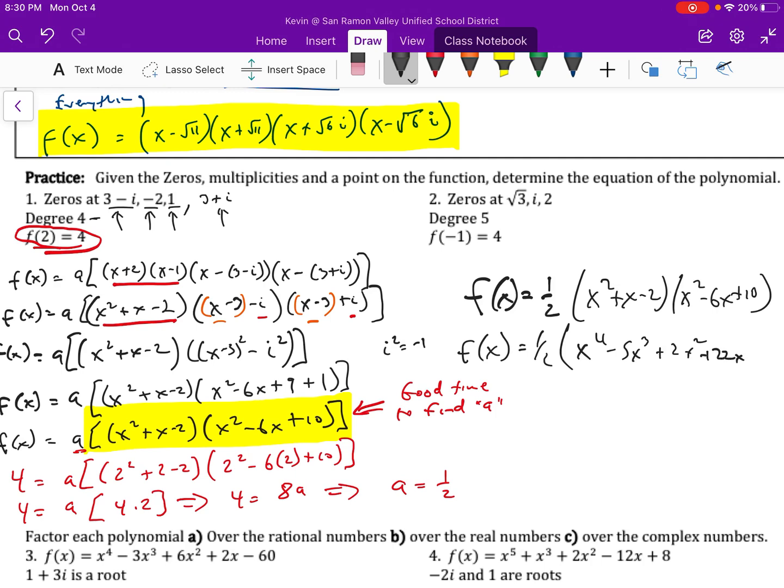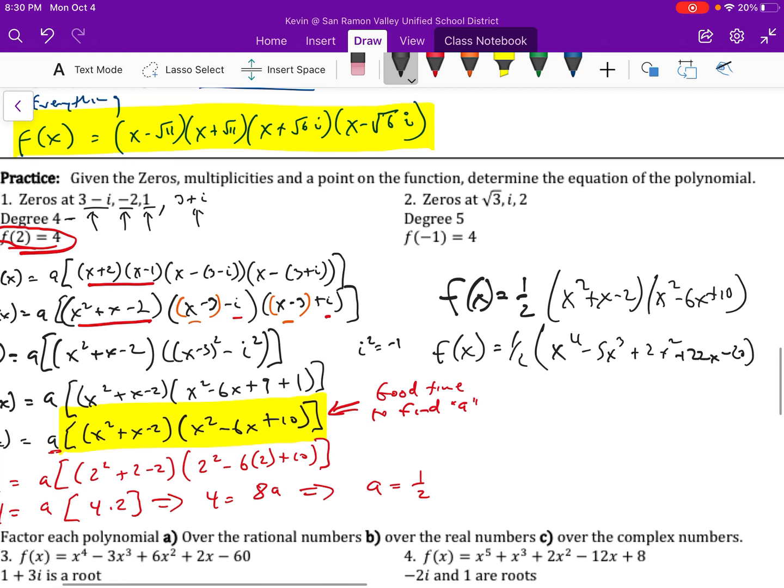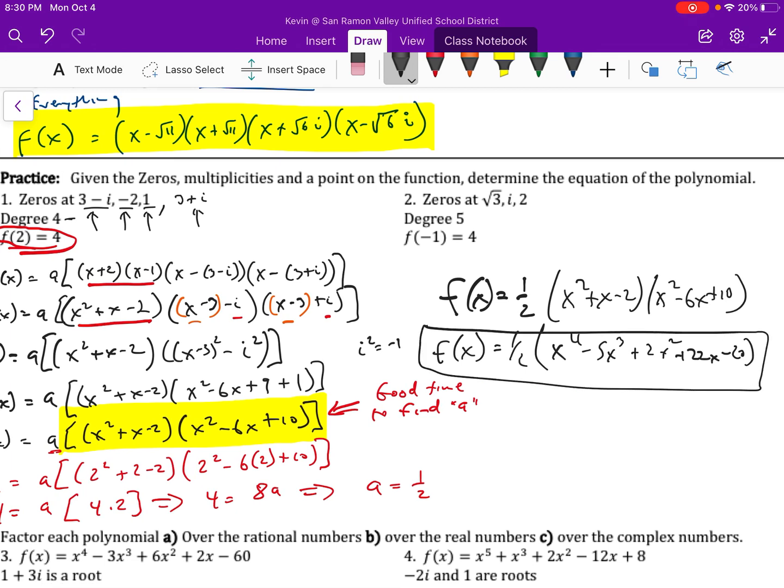Negative 2, positive 2x squared plus 2x squared plus 22x minus 20. Whew. So that's a lot there. But I've written, given the zeros, the equation of the polynomial with, the key thing is I have this